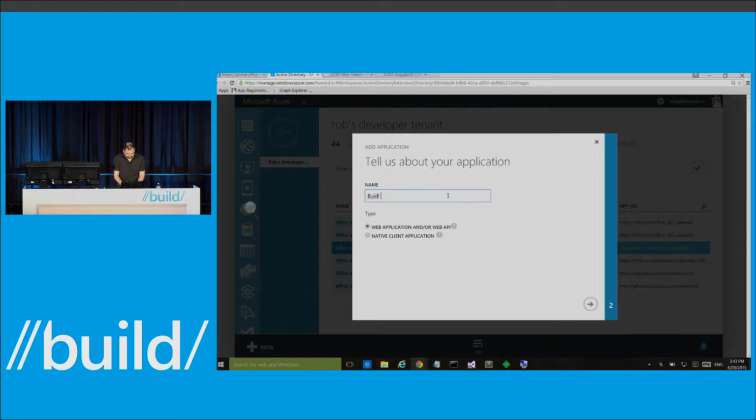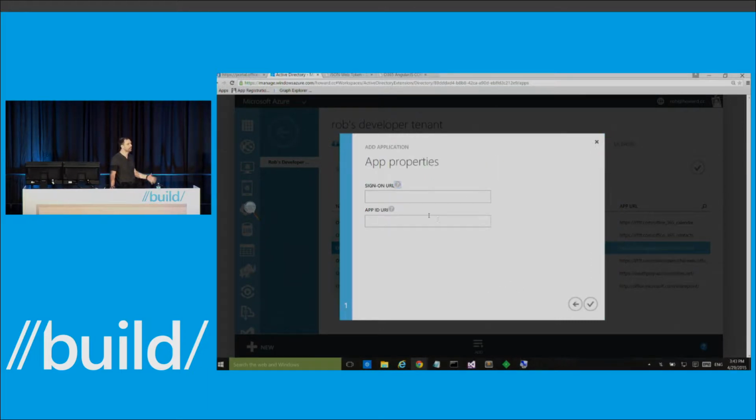I'm going to call it Build Demo 2015. I can choose whether I want to do a web application or a native client application. I'll choose web application because it requires a couple more fields, so I get to explain a little more. There's the sign-on URL, which is a pretty simple, straightforward thing. I'm creating a web application. This is the URL where you're going to sign in. So I'm just going to do